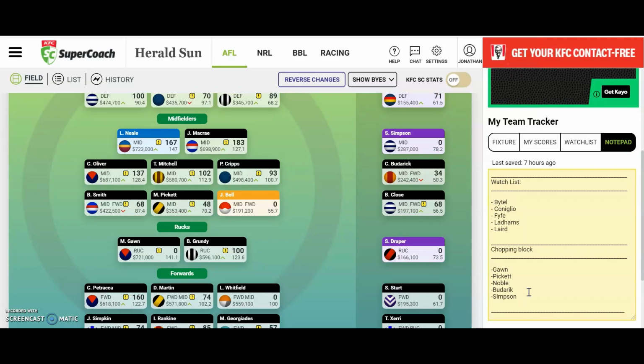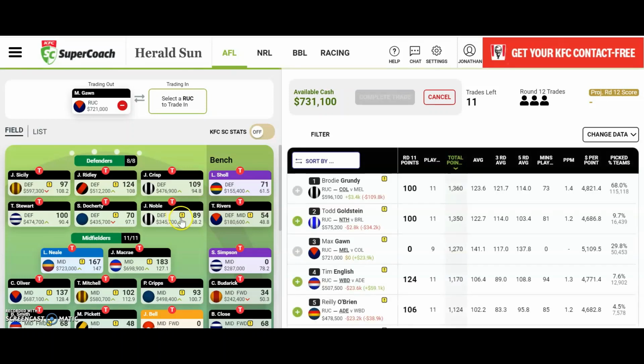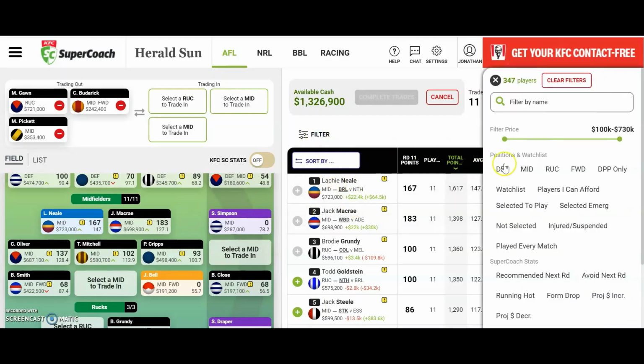So anyway, onto the trades. So obviously we're getting Gorn out. I'll show you a few different possibilities for trades that we can have. In both of these trades, Butterick and Pickett are the players who we trade out. So we've got two trading options. One is the one where we have Laddams to cover in the ruck. So Laddams,